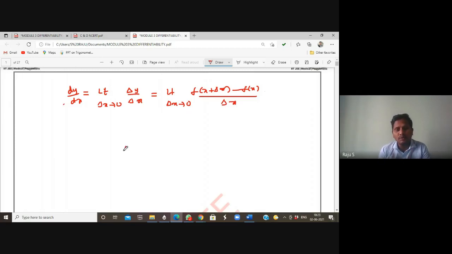Actually, this is also derived from delta y, the rate of change of y. I am going to explain very clearly the in-depth concept of this. See here, generally, the explicit function can be taken as y is equal to f of x. So y is equal to f of x be the given function, right? So here delta y can be written as